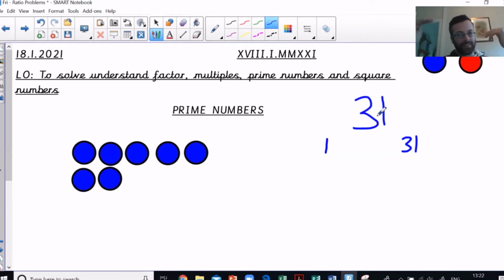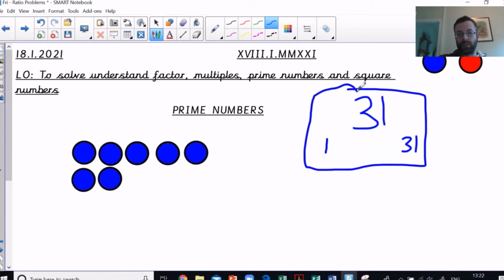And then if you get into this amount and you've still not found one that goes, the chances of finding one are pretty much 0. Okay? So I'm happy that 31 is a prime number. So, in quick summary,